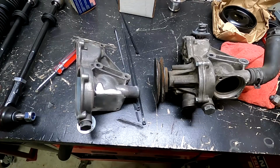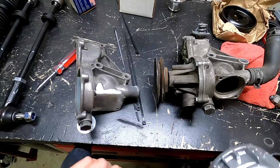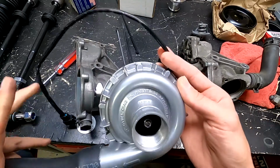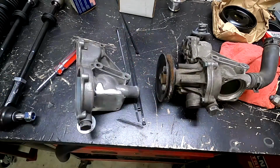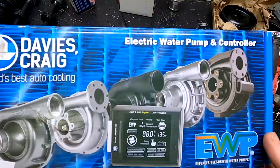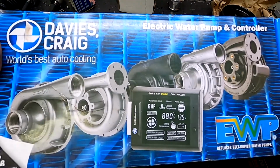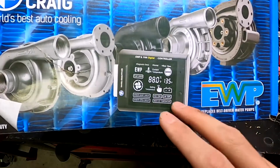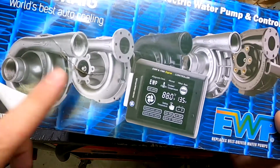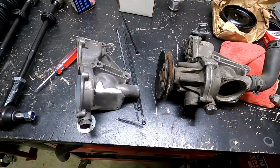So in order to get my water cooling, I had two options. Either go electrical, which I got the link down below for this box or this setup. This is what it looks like. This is Dave's Craig electric water pump and controller, and you can control the fans and all the other stuff with it, as far as I know. But I'm not a fan of doing electrical work, so I decided to go